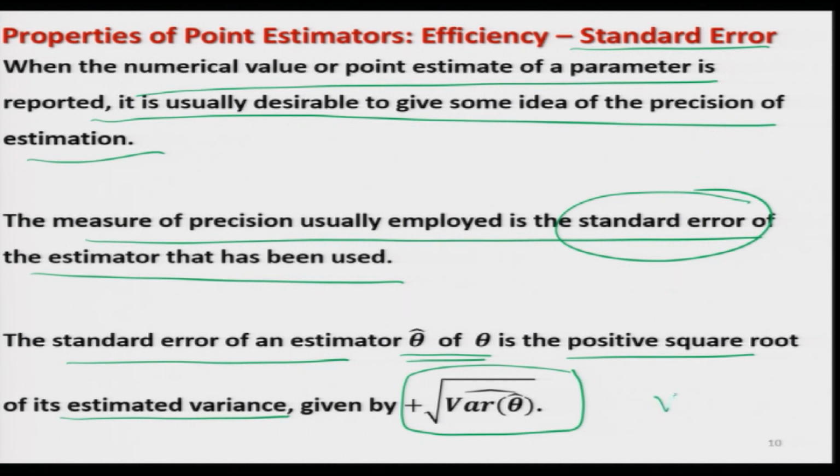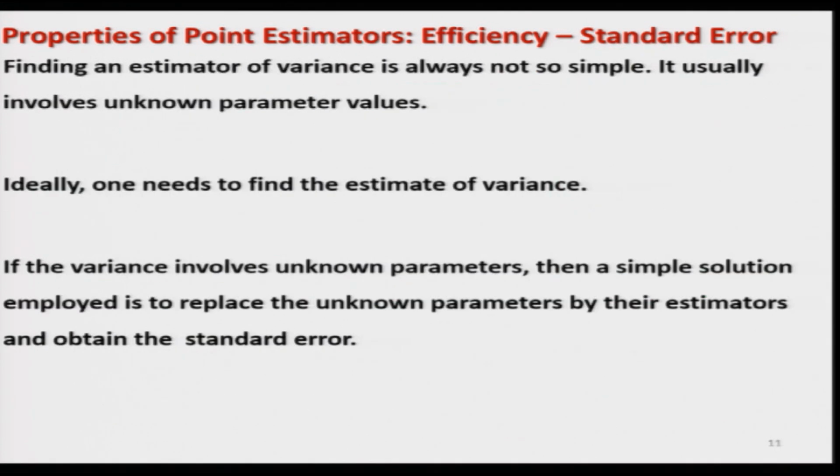You are trying to find the variance of theta hat, and you are trying to estimate it. When we estimate it, I have to put a hat here, so I put a big hat over the entire quantity, so that you know this entire quantity is estimated. Then I take its square root, which has two possibilities, plus sign and minus sign, and I take the positive sign.